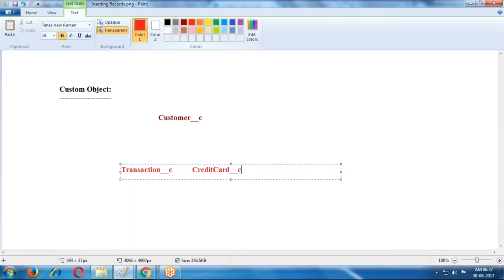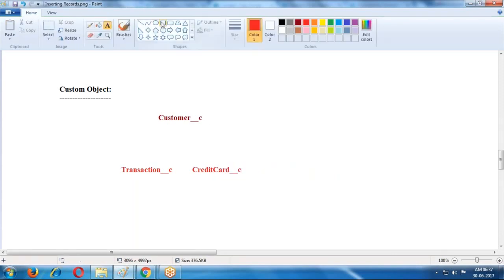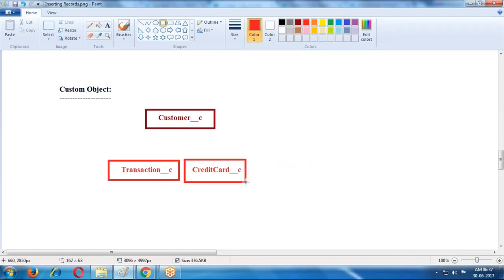Like this, if you have child objects, this is the parent object, and these are the child objects.